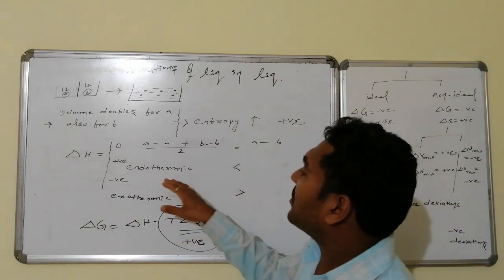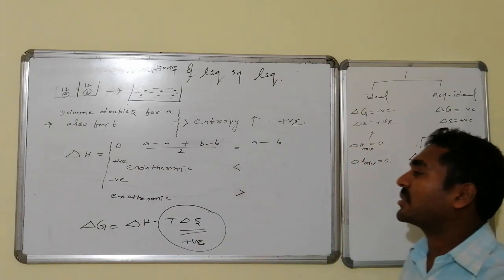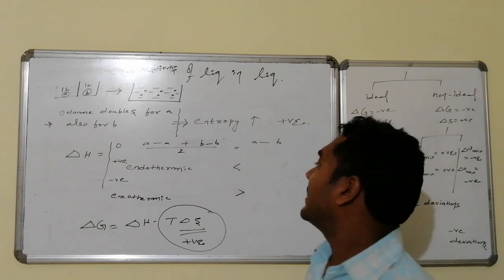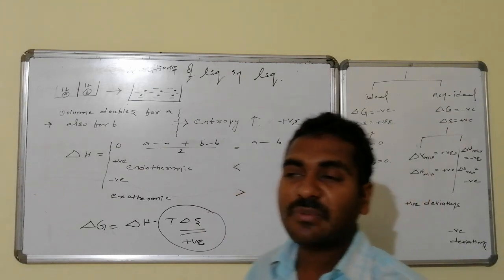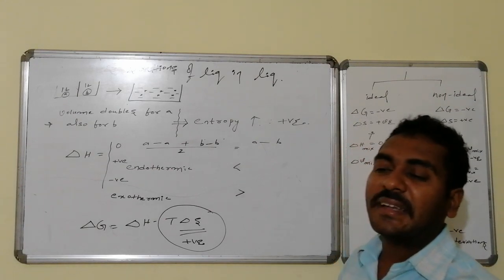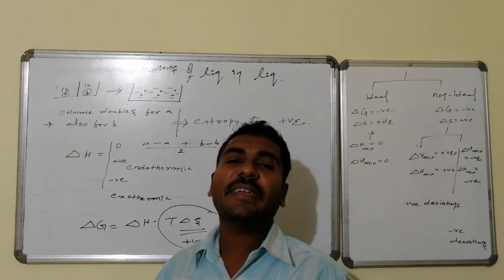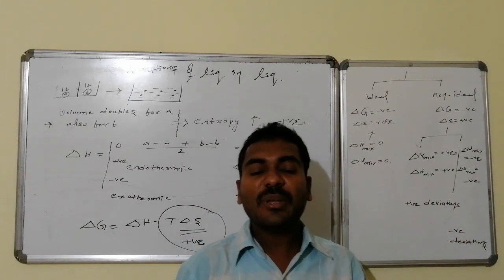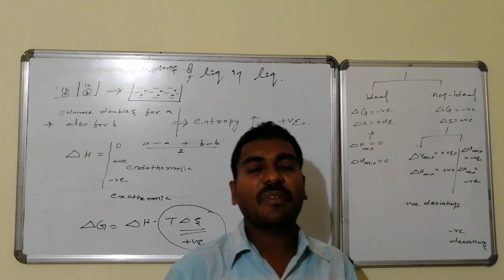So that process will become endothermic. Similarly, if it is the reverse, that process will become exothermic. Thus, after mixing A and B, if A and B are more strongly connected with one another,